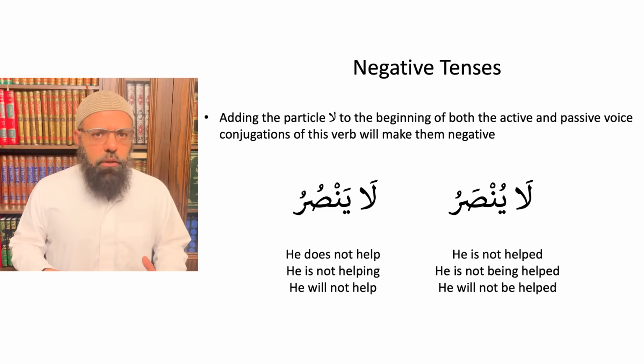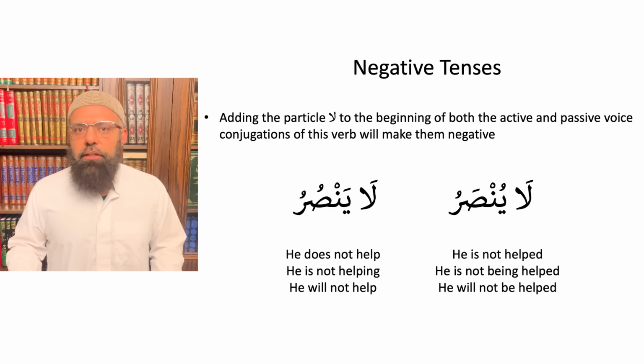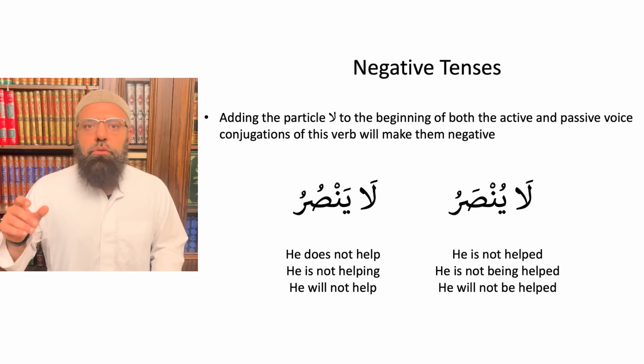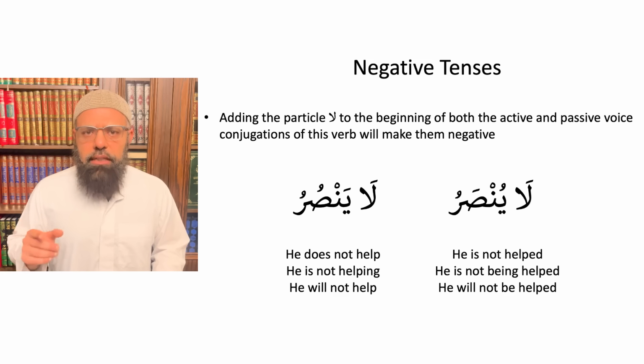Yuf'alu, yuf'alani, yuf'aluna. Tuf'alu, tuf'alani, yuf'alna. Tuf'alu, tuf'alani, tuf'aluna. Tuf'alina, tuf'alani, tuf'alna. Uf'alu, nuf'alu. And to make these verbs negative, you simply add a la at the front. In the Madi, where we're adding a ma, so ma fa'ala, ma fa'ala, ma fa'alu. So it's la yaf'alu, la yaf'alani, لا يفعل لا يفعلان لا يفعلون لا تفعل لا تفعلان لا يفعلن لا تفعل